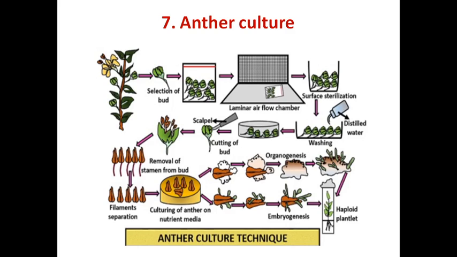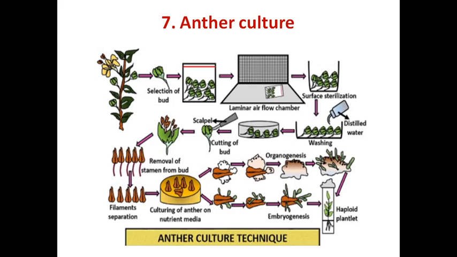The anthers bearing the uninucleated microspores are selected and allowed to grow in a medium to produce callus from the pollen mass. Then these androgenic calli are triggered to produce embryos, and haploid plants develop from these androgenic embryos. Anther culture can be done with isolated anthers on a solid medium.